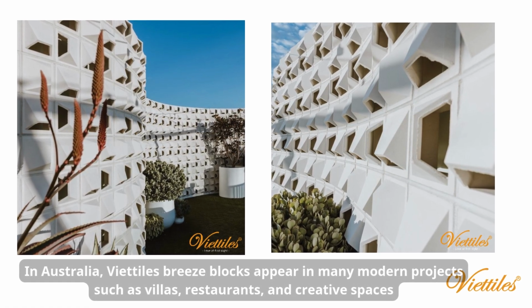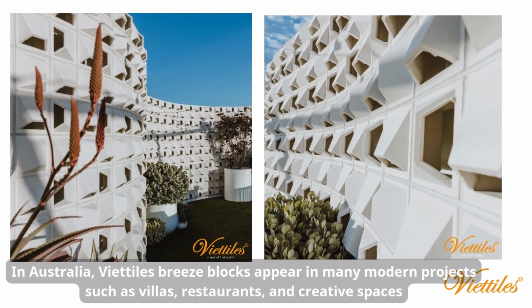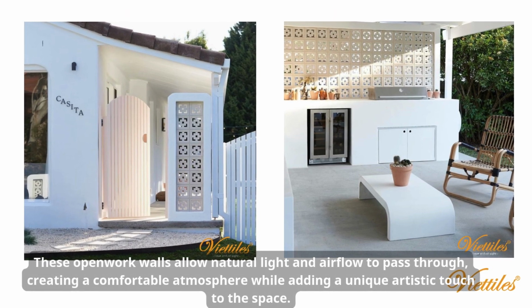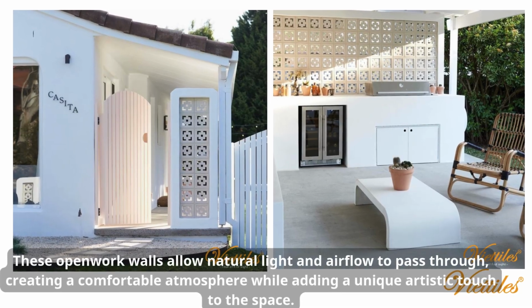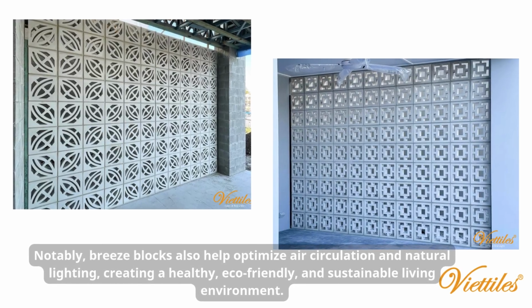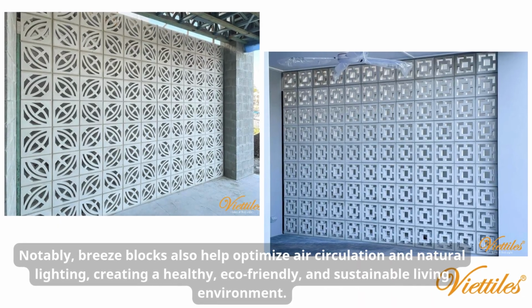In Australia, Viettiles brise blocks appear in many modern projects, such as villas, restaurants, and creative spaces. These open-work walls allow natural light and airflow to pass through, creating a comfortable atmosphere while adding a unique artistic touch to the space. Notably, brise blocks also help optimize air circulation and natural lighting, creating a healthy, eco-friendly, and